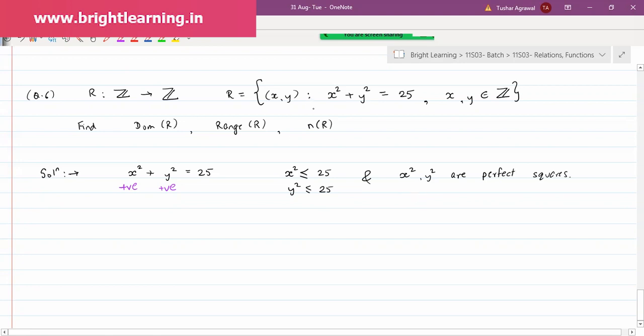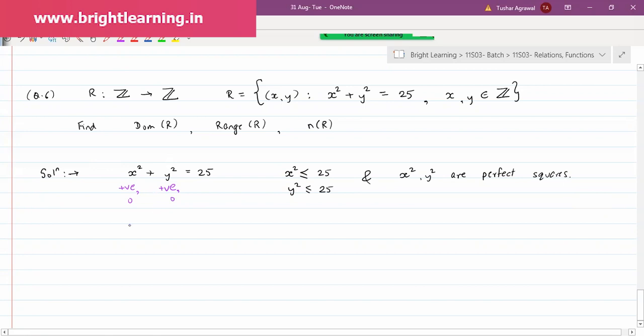So we do not have to bother about x square being greater than 25. X square is non-negative. Instead of positive, I should say non-negative, so positive or let's say 0. Non-negative is a better term. So worry only about those perfect squares that lie from 0 to 25. Nothing more than that. So perfect squares between 0 to 25, if you just see this, you can see from